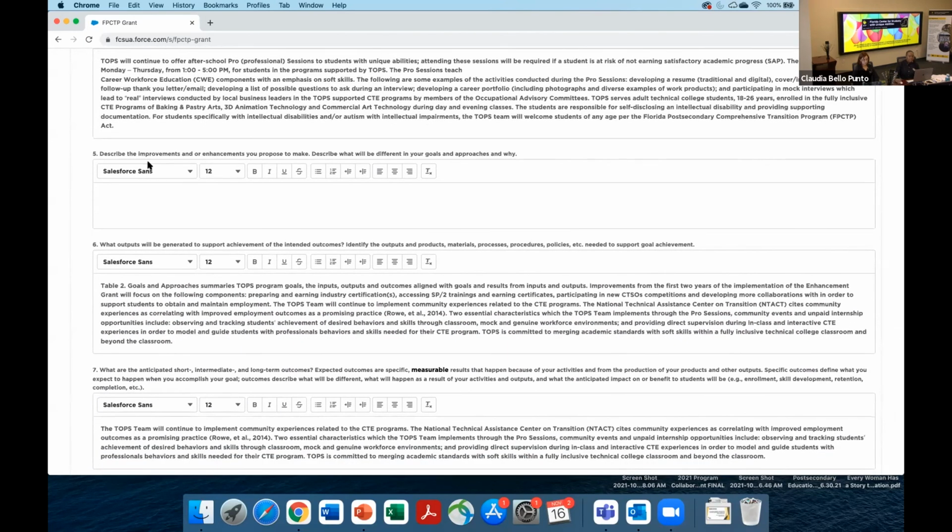Now, as you're looking at number 5, this is for a continuing grant, most definitely. Describe improvements or enhancements you propose to make. What are they? And then really tell us what's different about what you've done before. And if it's not much difference, what is it that you want to emphasize that has been strong evidence that your program is working effectively, whether that's